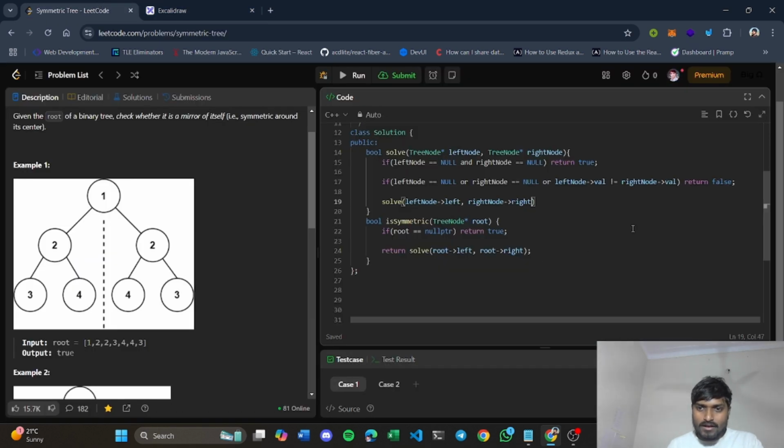And again you will make one more recursive call for left node right and right node left.